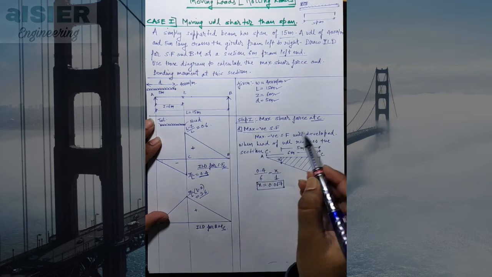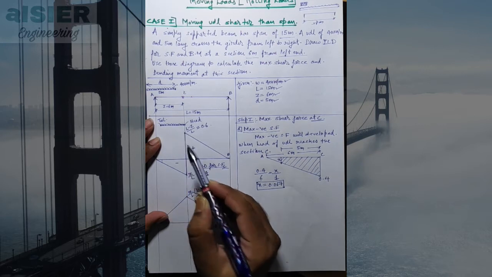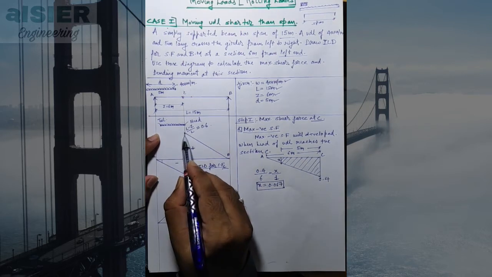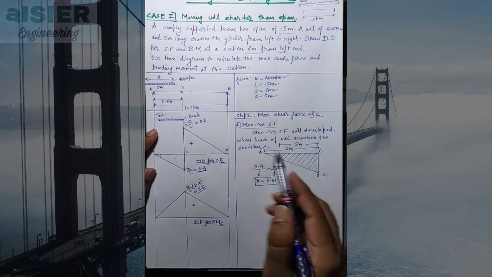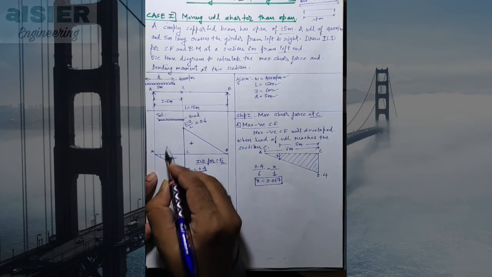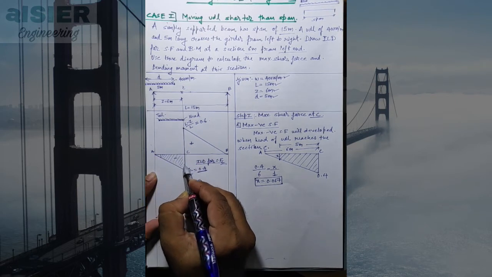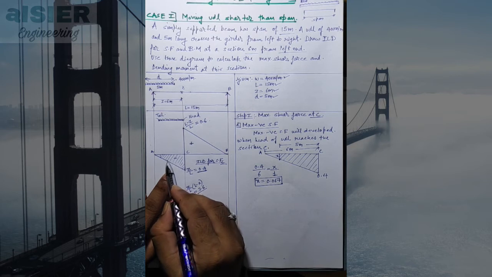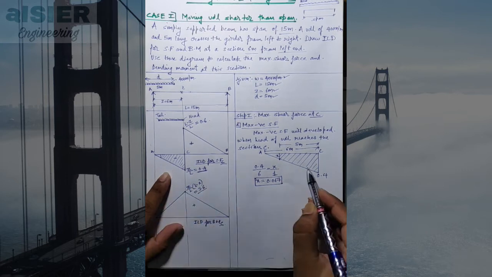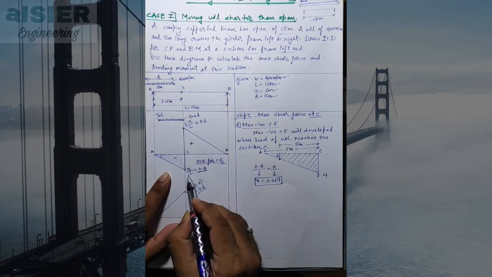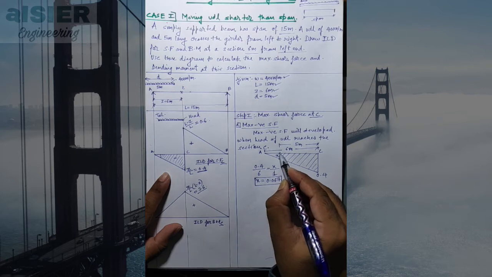And maximum negative shear force will occur at C when the head of UDL reaches the section. So now we have kept head of UDL at the section. This is section C. After that, I have marked this tail here and then shaded this portion. So to calculate maximum negative shear force, we will calculate this area. To calculate this area, I have drawn this figure here. Here you can see this is AC and this is 0.4. Similarly, AC and 0.4. And this is the tail of UDL.